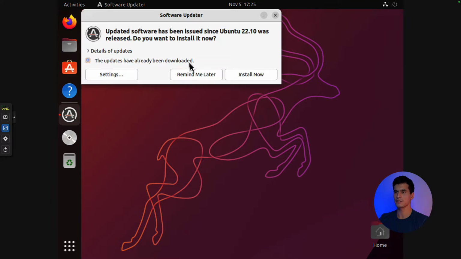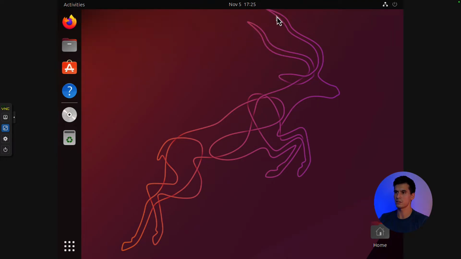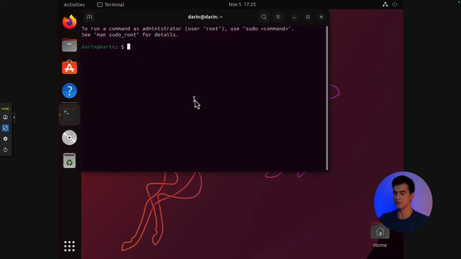Alright, and here you can see that there is an update that needs to be installed. So it says updated software has been issued since Ubuntu 22.10 was released. Do you want to install now? We're going to exit out of this so I can show you the terminal. Alright, to get to the terminal, it's going to be Control-Alt-T or Control-Option-T, just depending on what your keyboard layout